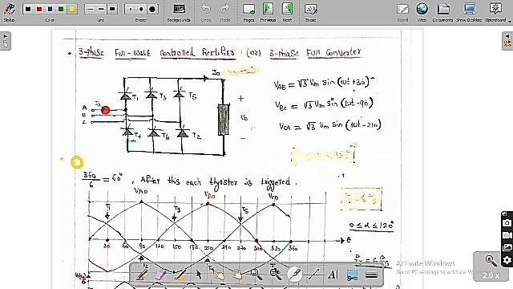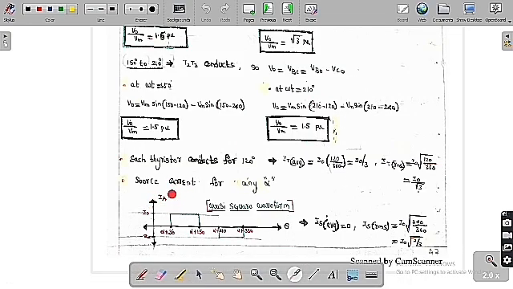The source current can flow only when T1 is conducting or T4 is conducting. When T1 is conducting, IA is positive, whereas when T4 is conducting, IA is negative. So either in T1 or T4, we are going to see what is the nature of the source current. See, T1 is conducting from